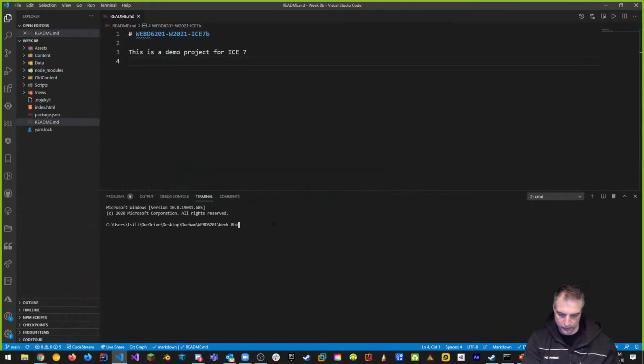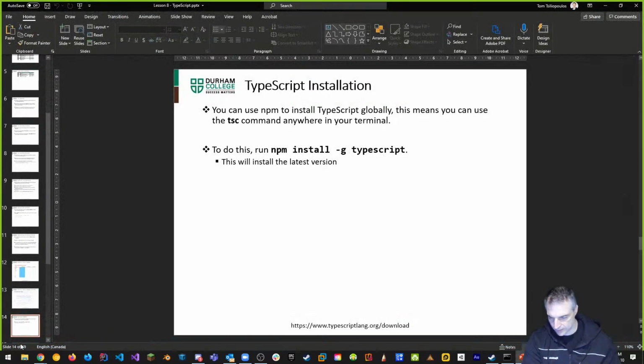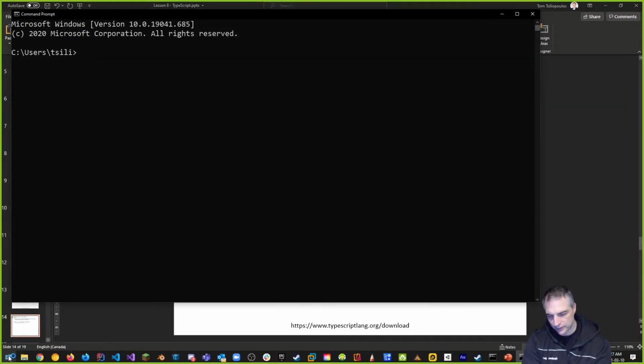So I'm going to go to my terminal, and there's a couple ways to do this. You can do an npm install TypeScript -g. That's the thing that you can do. I've already done it yesterday, so you don't have to do this. I'm not going to do it here, but that's what you would do. You can issue it here. If that doesn't work, and sometimes it won't inside of VS Code, as an example, I'm just going to restart this thing, then what you have to do is pull up a command prompt and do it here.